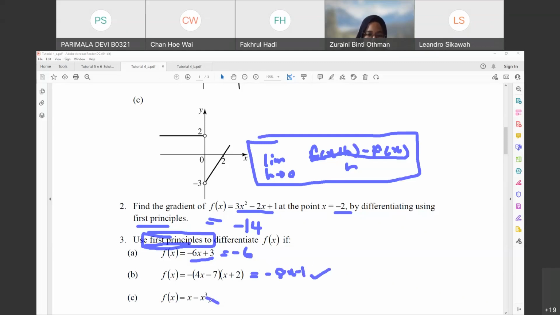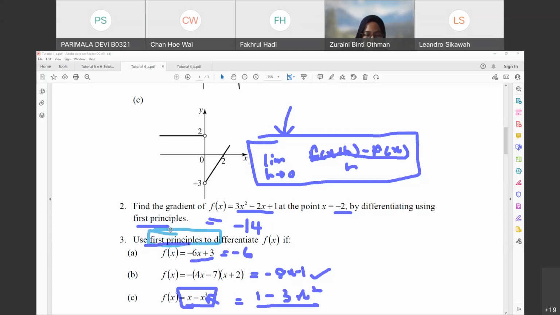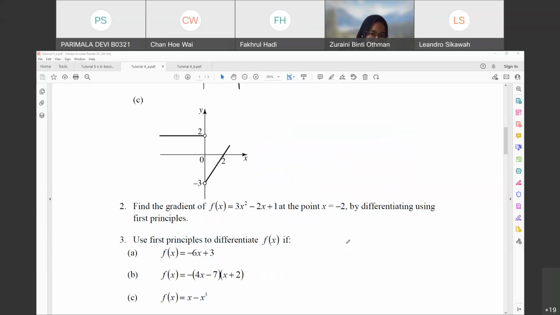Then, similar to this, you will get what? The same, 1 minus 3x to the power of 2. But this one I used the rule. You have to find this by using this formula because of first principle here. And please do it. Then you get the same answer as when we use the rule. Okay, then number 4 is